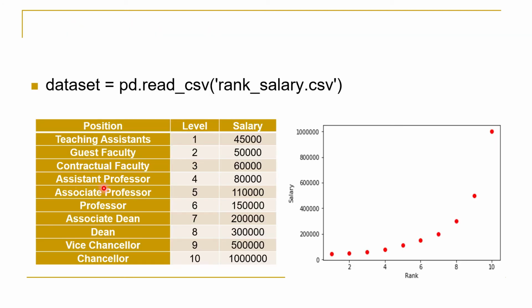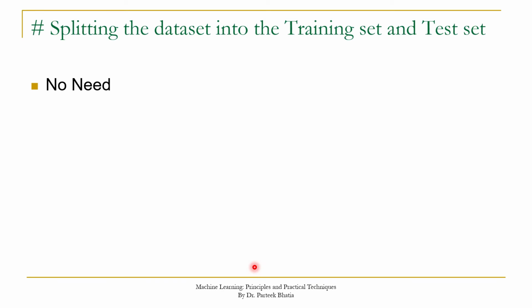You can see that we have only 10 records in our dataset. So there is no need to perform a train and test split in this case because our dataset is very small. Having just 6 records for training and 4 records for testing will not make any sense. So we will build the model over the whole dataset. We will consider all these 10 records for training the model. We will test our model for level 7.5 while we train our model on all these 10 records. So we are not going to perform a train test split, and we will build the model on X and Y as such.